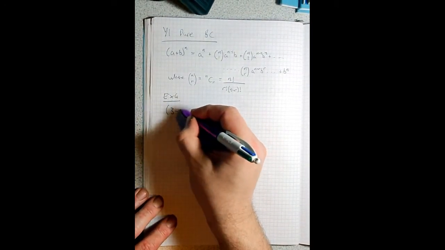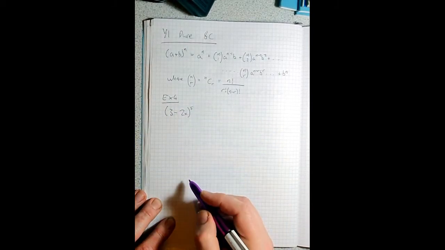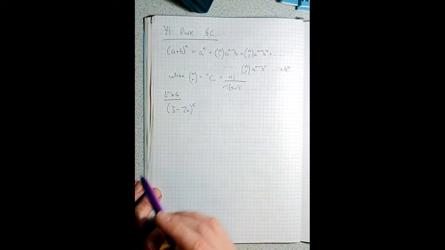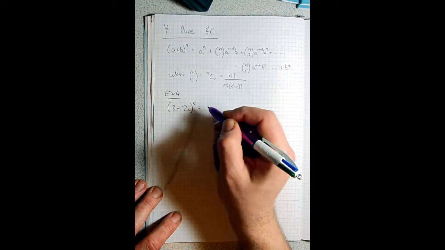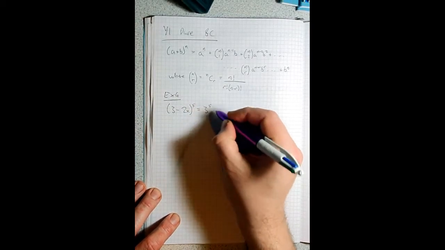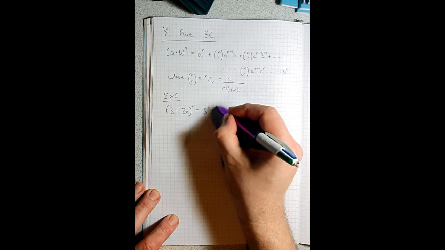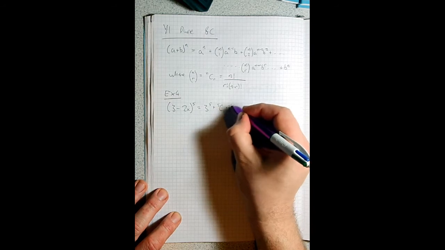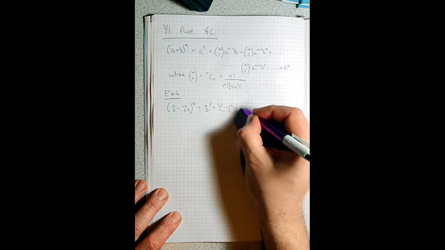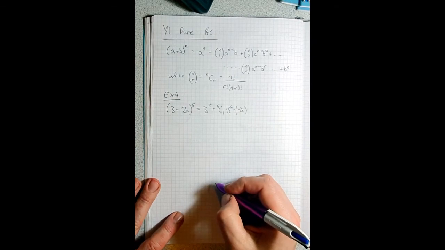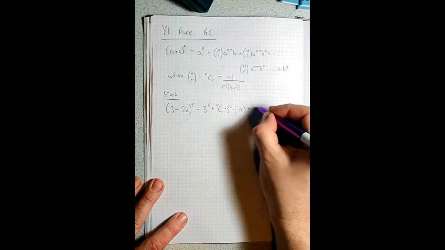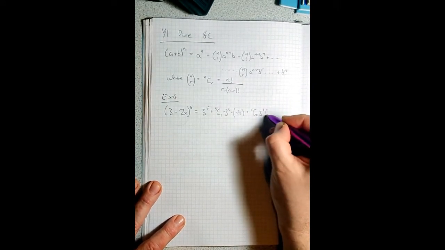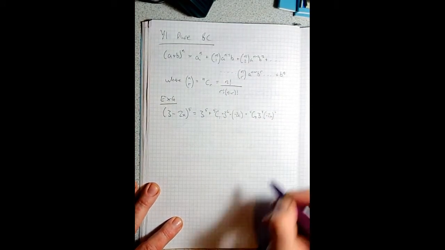Expand 3 minus 2x to the 5. So my a is 3, my b is minus 2x, and my n is 5. So we go straight in, 3 to the 5, plus 5C1 times 3 to the 4, times minus 2x, plus 5C2, 3 cubed, minus 2x squared,